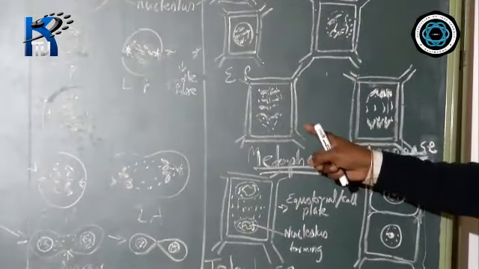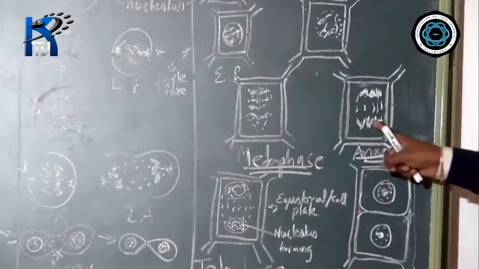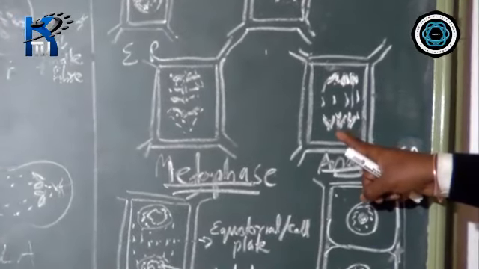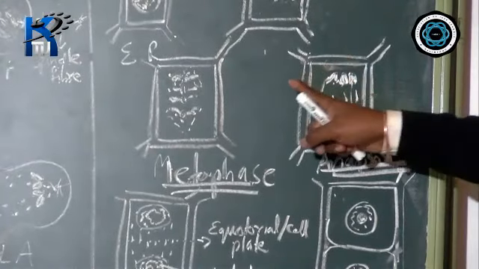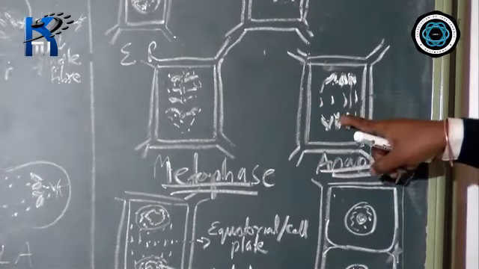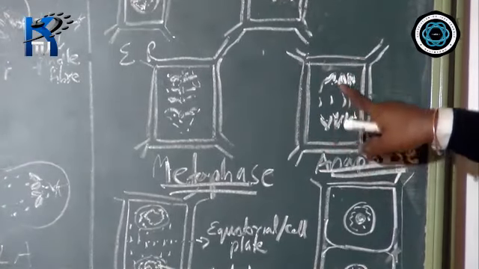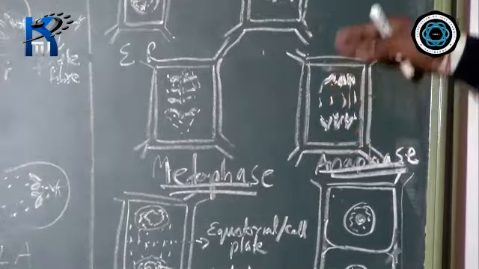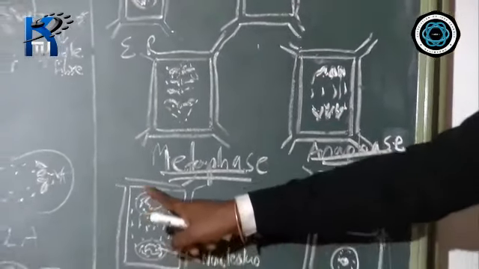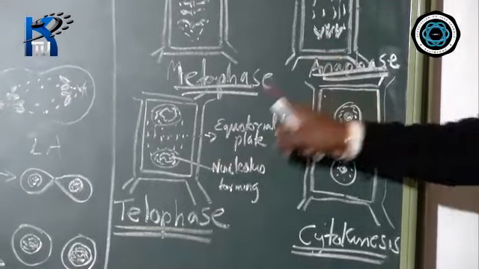Now, next part. In the anaphase also you will find the chromatid structures, they are towards the pole. They are going towards the pole. Either you take this side as pole and the middle part as equator. Here in this diagram I have taken this side as pole. So what is happening out here? They are going towards the pole. So this is anaphase. Similarly, after reaching the pole, after anaphase is telophase.